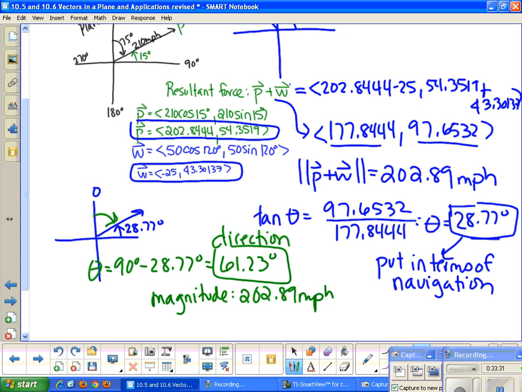If we have a wind that is blowing 50 miles per hour from the direction of 150 degrees. So we're going to do some practice of these because it can be a little bit tricky because you have to think about this in terms of navigation. But these are the types of problems that we will be